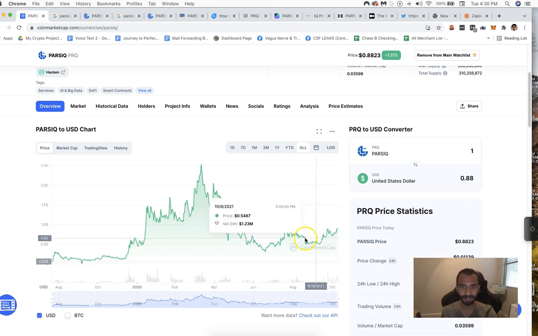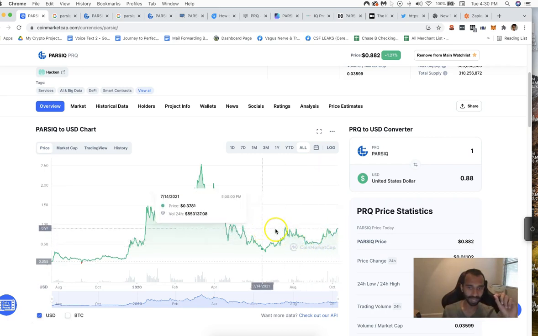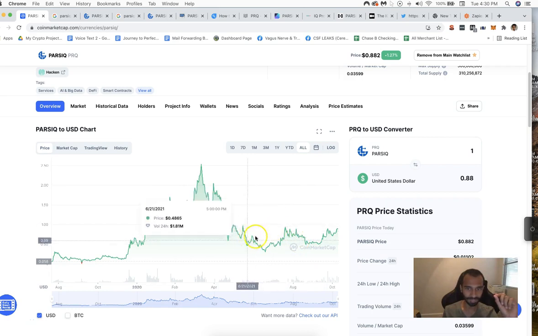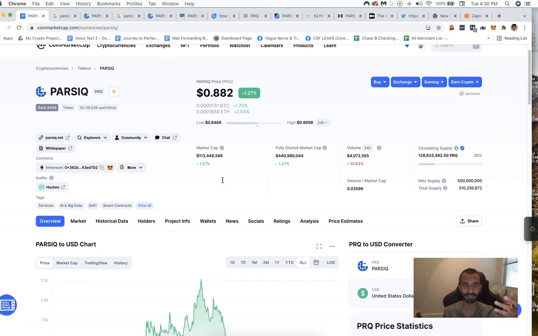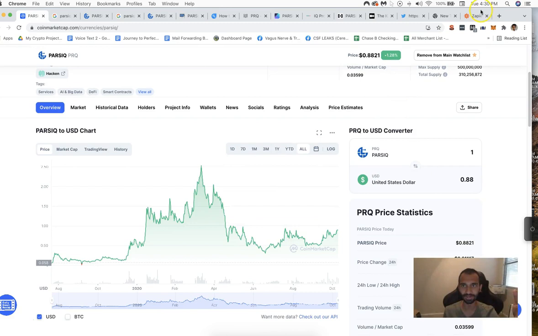just making its way up again. Now, this time, it's not just because of some wave that's going on. This time, we're getting into the peak times of the bull market, right? And it's still such a useful tool. It's only around a 100 million market cap. There's no reason that this can't go to a couple of billion in this cycle over the next 1 or 2 months, right? We're in November already. I would say by December, this has a pretty good chance of 5 to 10x at the very least.